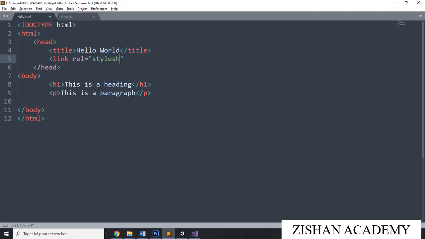Then you have to give the file name. Here you have to give href equal to double quotes. Then you have to give the file name, that is styles.css. Close this link here. Close this tag. Now we have linked the styles.css file inside our hello.html. Now for this body, h1 and p tag, we have given the styles here.